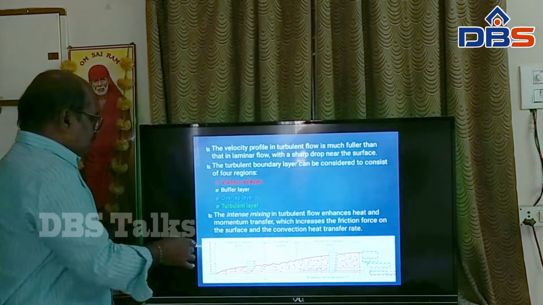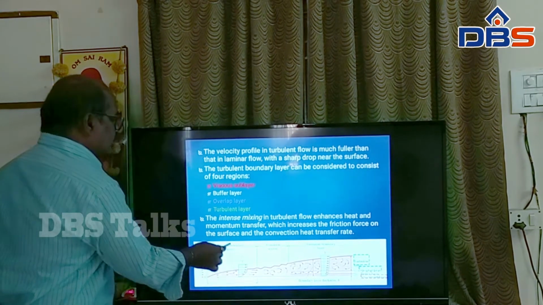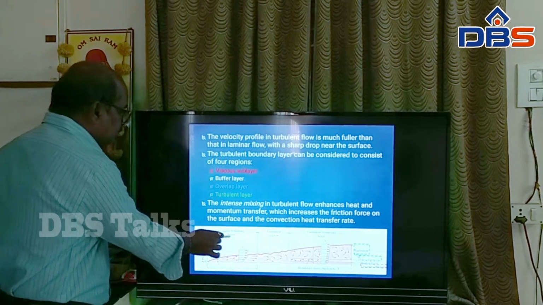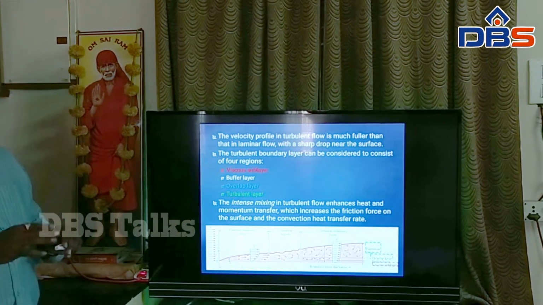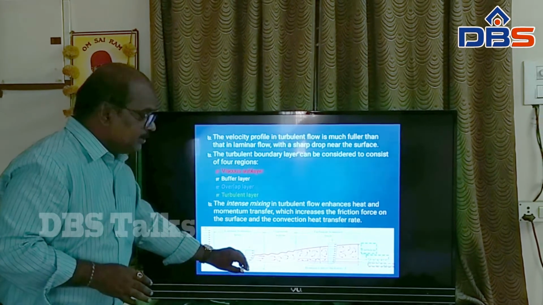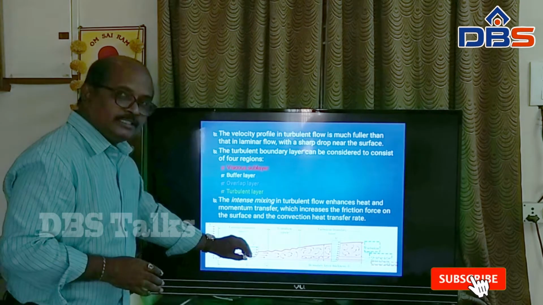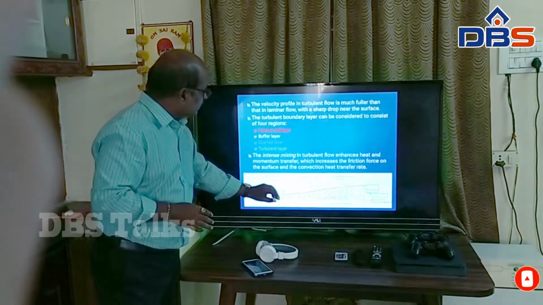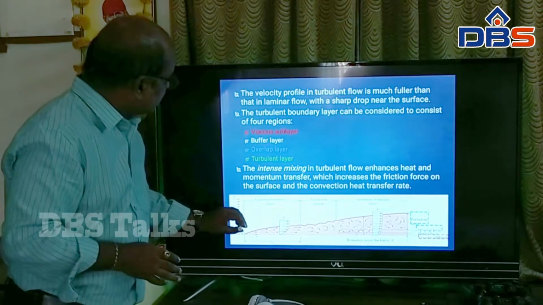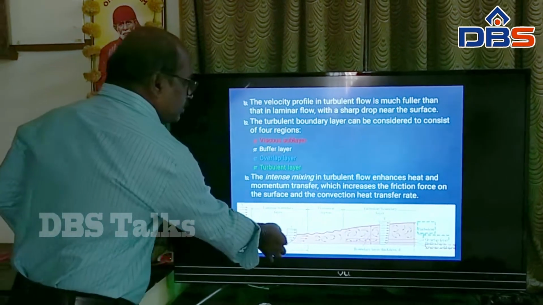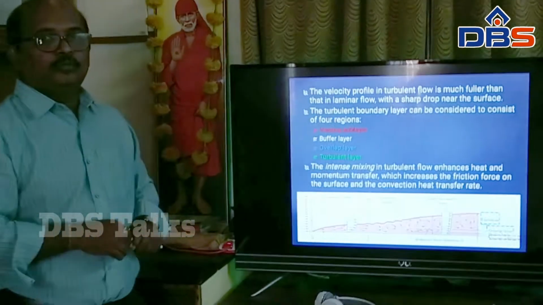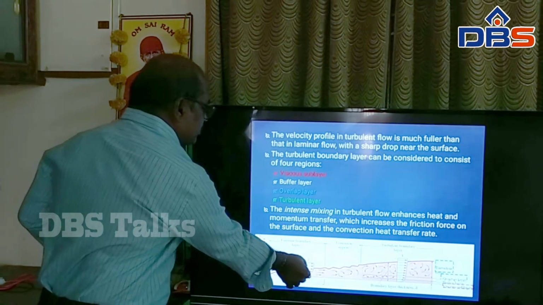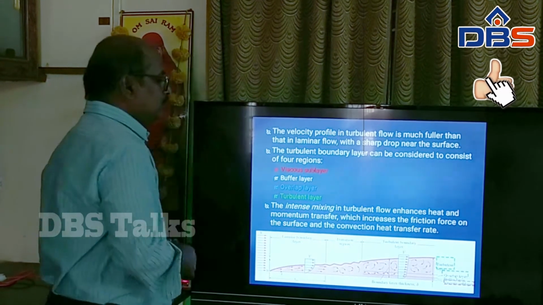Okay. Above the boundary layer, the velocity will be similar to the free stream velocity, but only inside the boundary layer the velocity is changing. At the surface of the plate, the velocity is 0, and slowly the velocity increases. At some point, the velocity becomes equal to 99% of the free stream velocity, and that particular thickness we can call the boundary layer thickness. Okay, where the velocity becomes the free stream velocity, that particular distance we can call the boundary layer thickness.